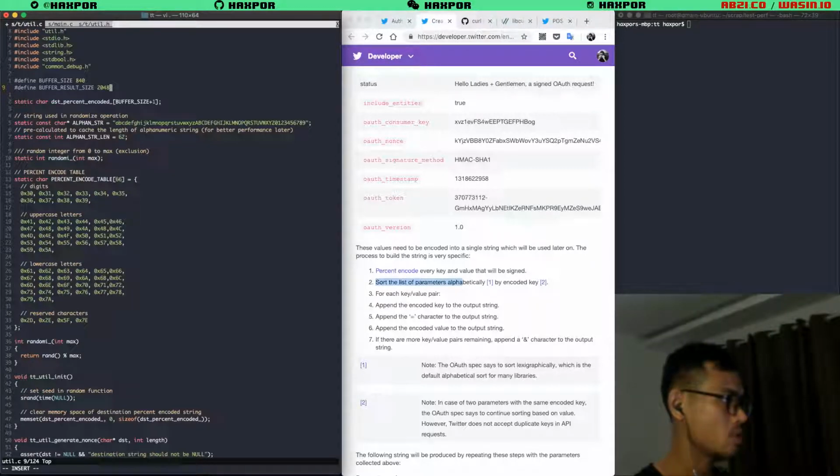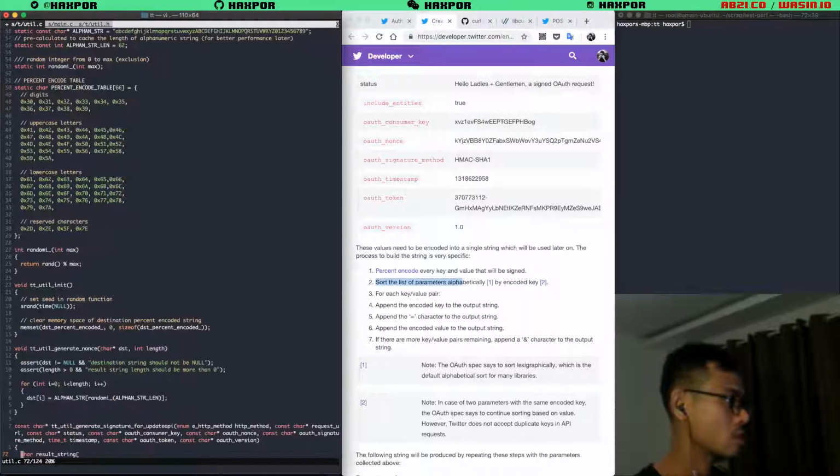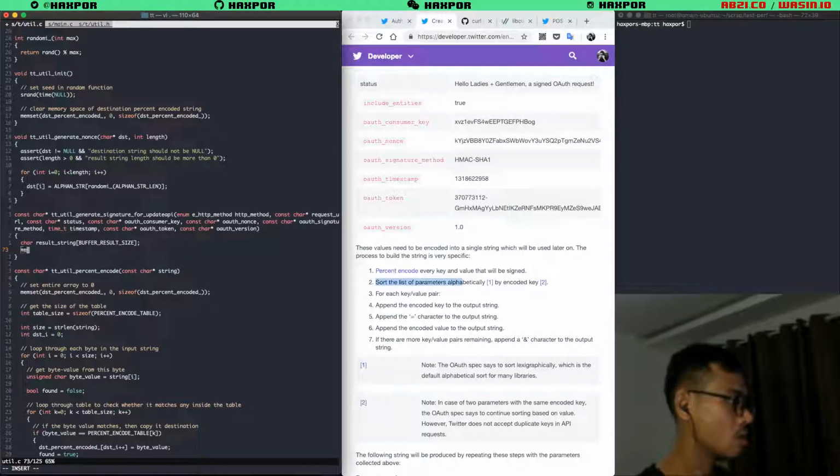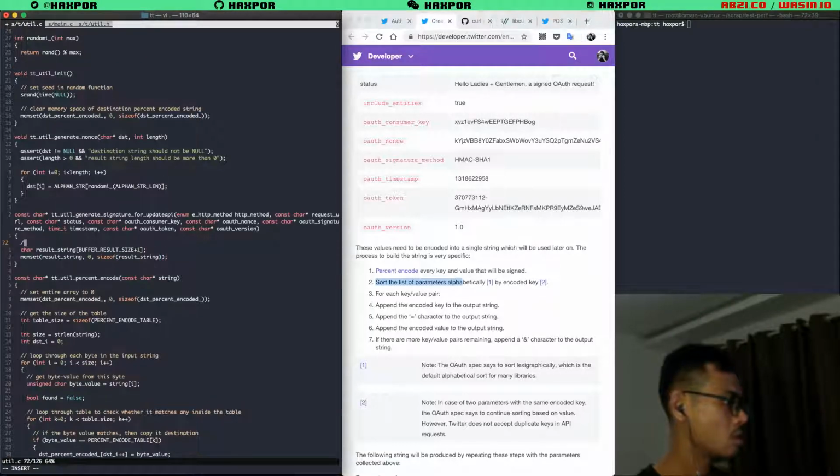Let's make it 2 megabytes. Then resource string of buffer resource size plus 1 for the terminating character, and size of resource string.